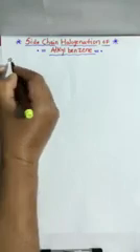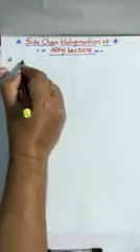Today we are going to discuss a very important concept in organic chemistry, that is side chain halogenation of alkyl benzene. For competitive purposes and board level, it is a very important concept. See here, first we are taking alkyl benzene. So what is alkyl benzene?